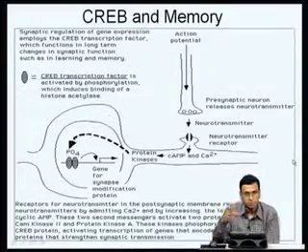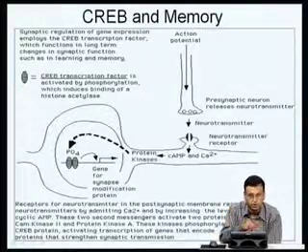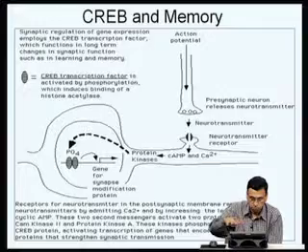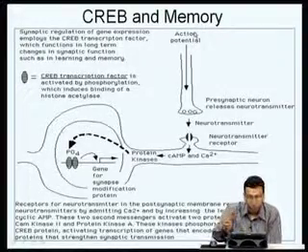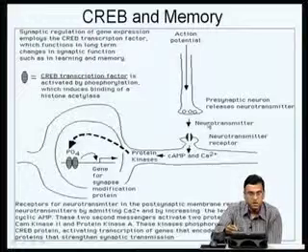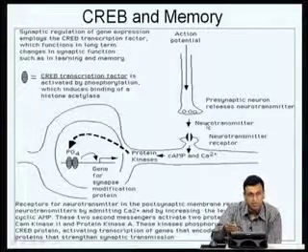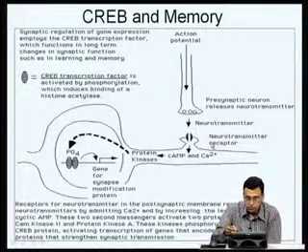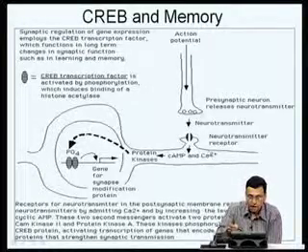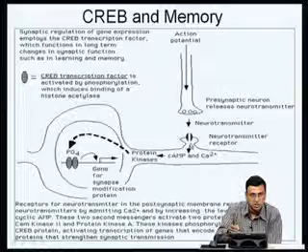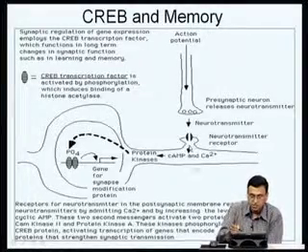Very elegant experiments have been done to demonstrate the relationship between CREB and memory. I have just listed the summary of all these things here. For example, whenever there is an action potential and it results in the release of certain specific neurotransmitters like serotonin at these junctions, these neurotransmitters bind to the neurotransmitter receptors in the synapses, and it results in the release of